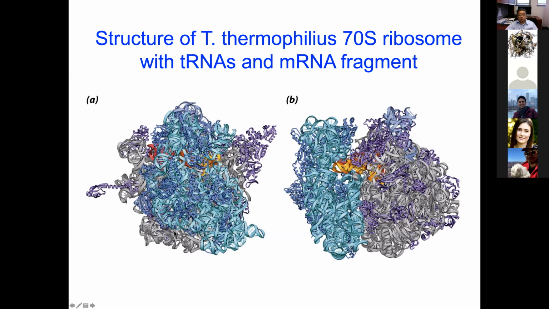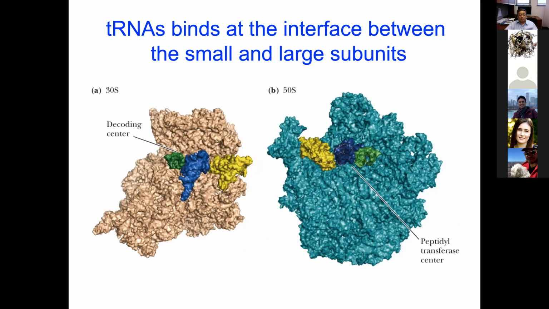And in the last couple of years, because of the power of the technology, the development of electron microscopy, many ribosomes from different species, either as subunits or full length, the 80S ribosome, can be determined at molecular detail. So now we know exactly how a complete ribosome looks. In some of the structures, they even have the messenger RNA and 3 tRNAs bound to the ribosome.